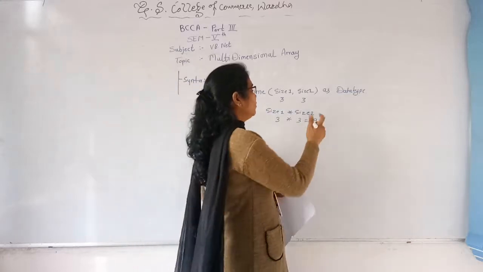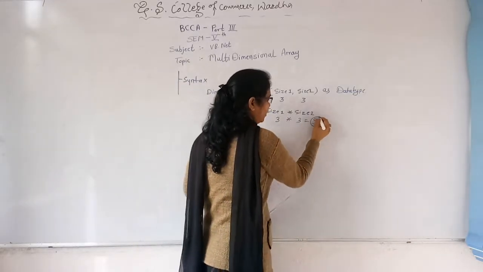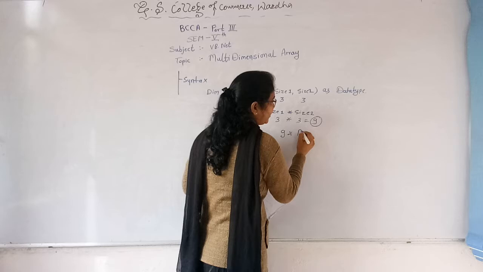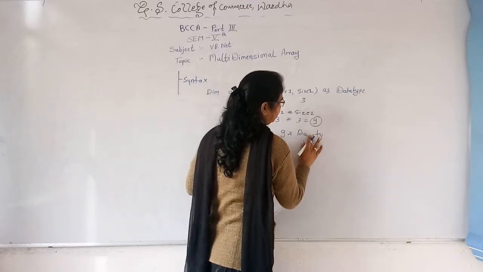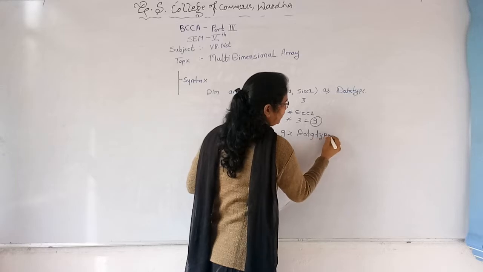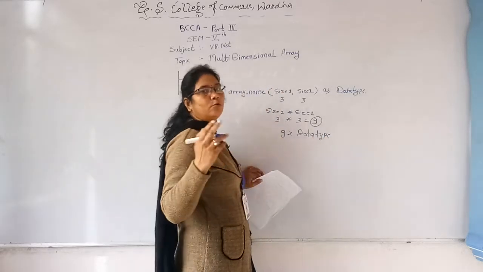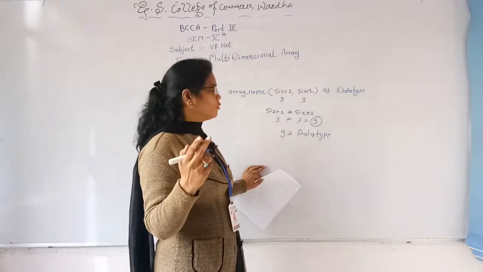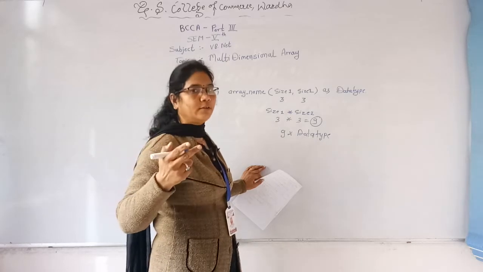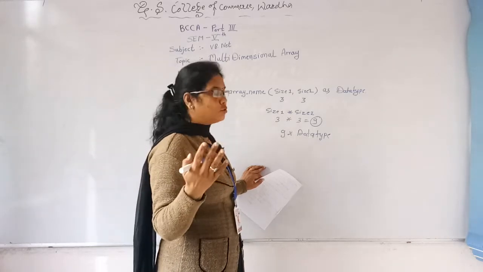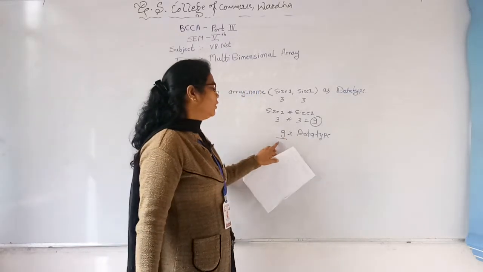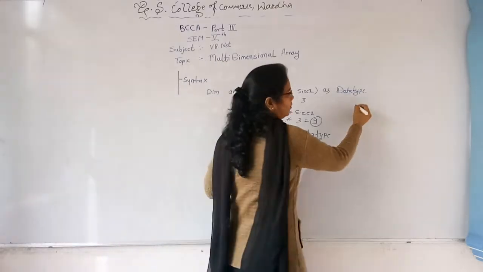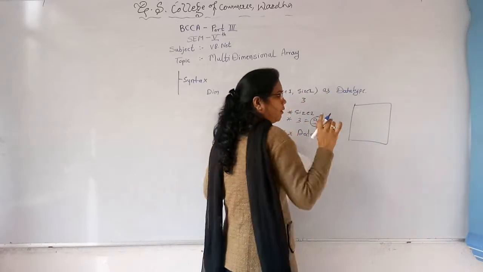Then the size is 9 into the data type size, whatever it takes for storing one element, 2 bytes or 4 bytes. So it requires the multiplication of those bytes by the number of elements. That amount of memory